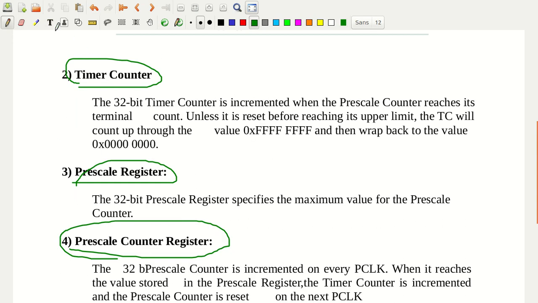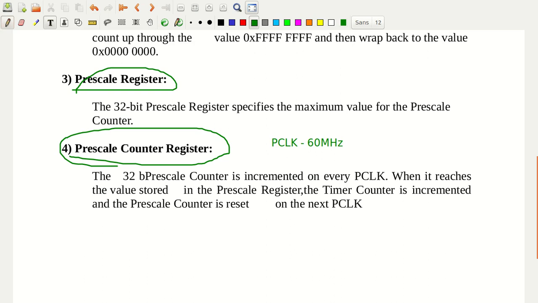In the last video we observed what PCLK is: PCLK is the peripheral clock frequency, CCLK is the processor clock frequency, and the peripheral clock frequency we achieved was 60 megahertz.